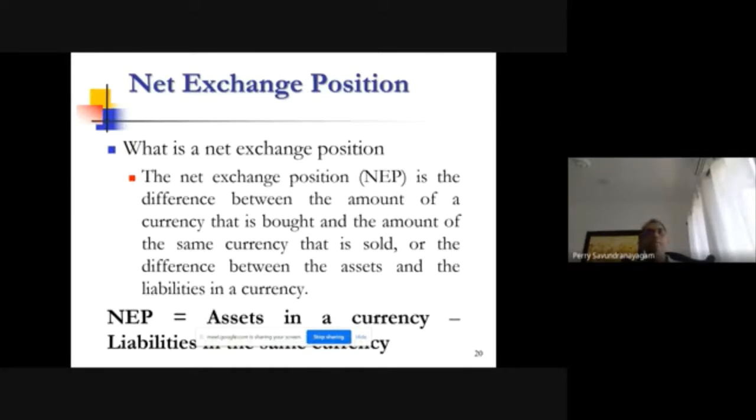But when I create an exchange position, what am I doing? I'm converting those dollars into rupees. So then I have an exchange rate that I have to worry about. Say I buy those dollars at 200 rupees and I give him LKR at 200 rupees. So now I've created an exchange position, because now I have dollars I have bought and rupees I have given.